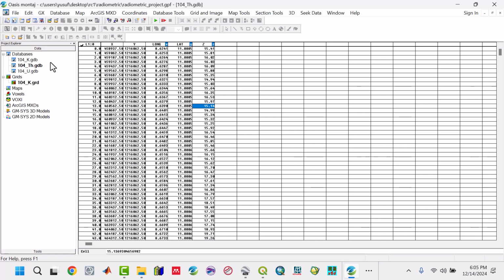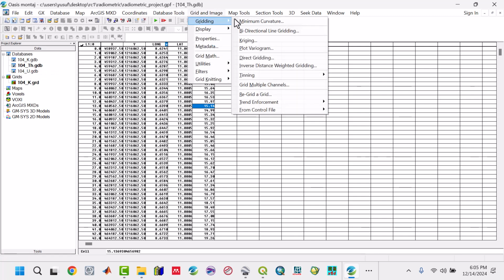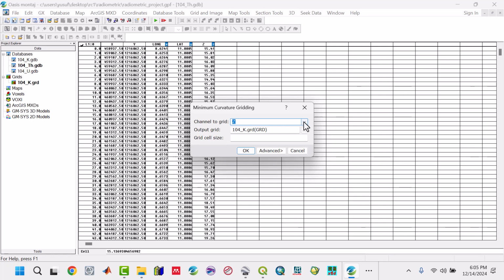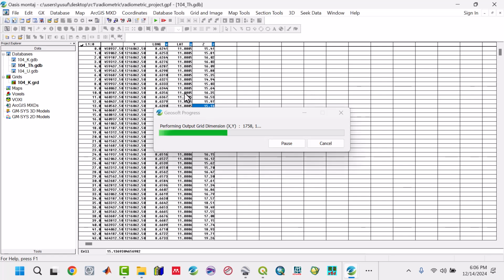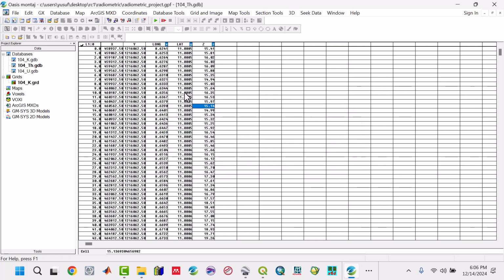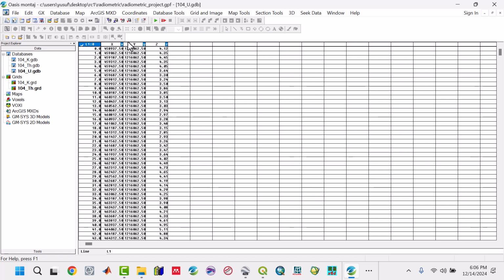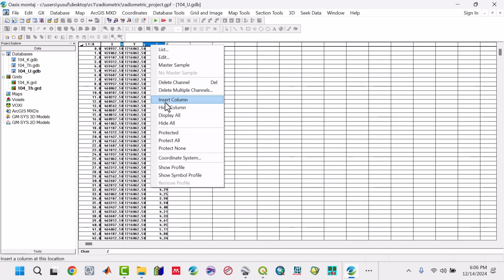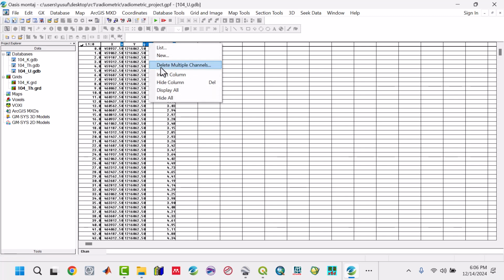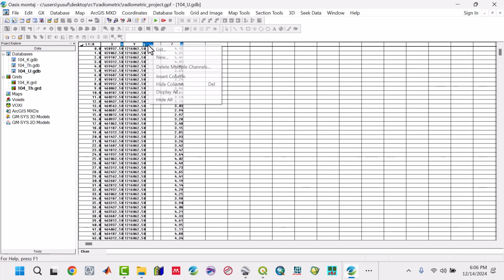Then now we grade for the thorium. Then the channel is Z. Now this one we call it 104 thorium. We'll leave it empty like this. See, all the same. 104, then we'll remain with the uranium. Look at the database. There we say click insert column, click insert column, then click new